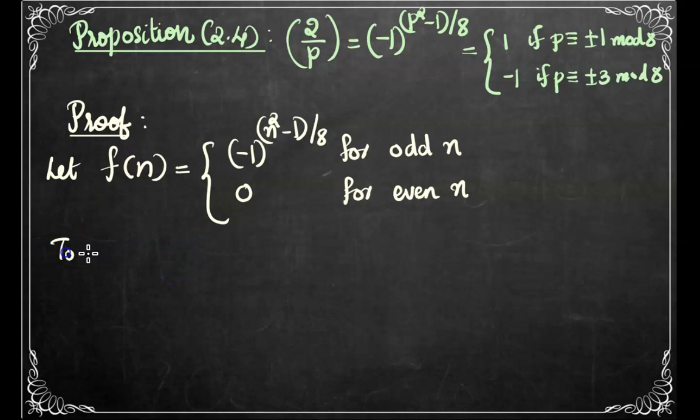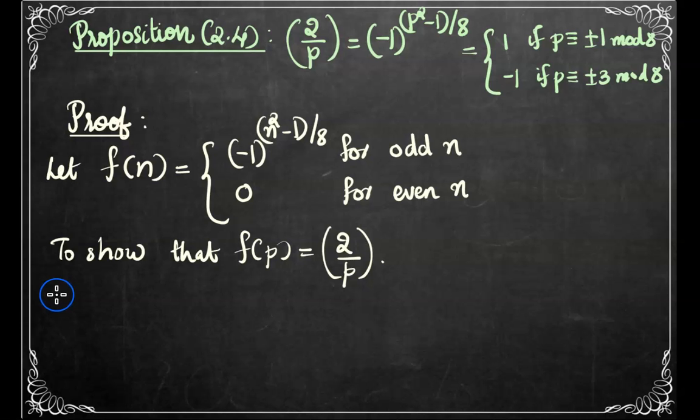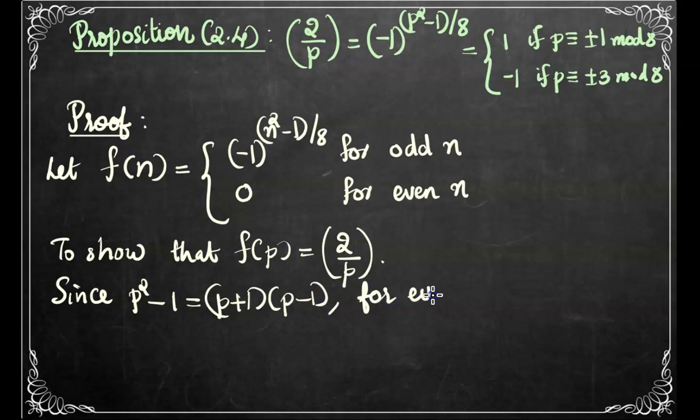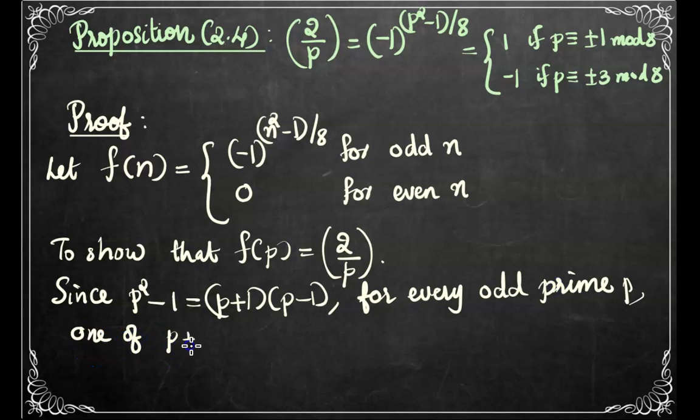Then we will need to show that this f(p) is equal to the Legendre symbol (2/p). Now, since p²-1 is equal to (p+1)(p-1) for every odd prime p, we can see that one of these factors, p+1 and p-1, will be a multiple of 4